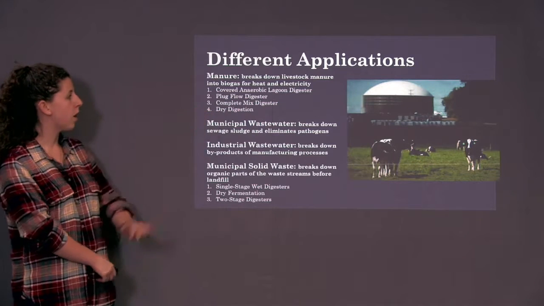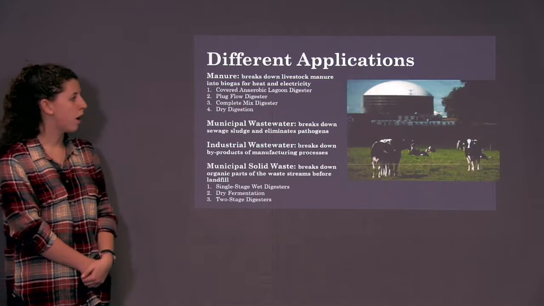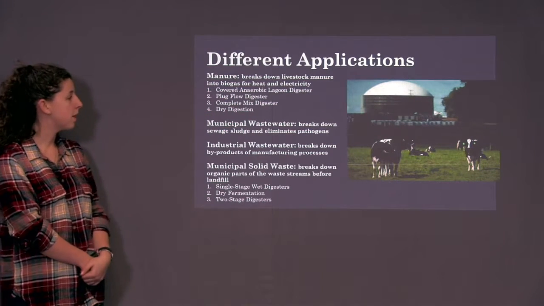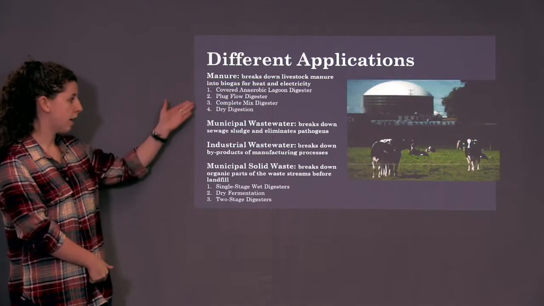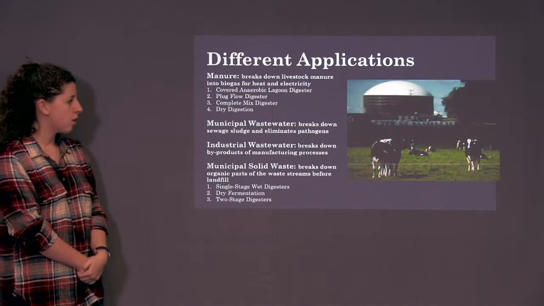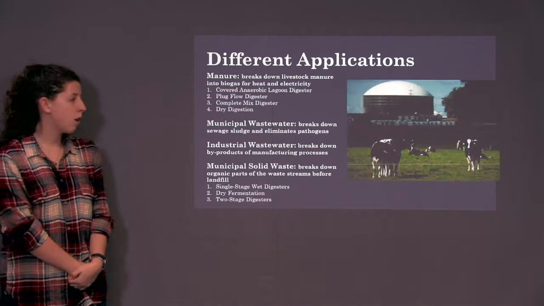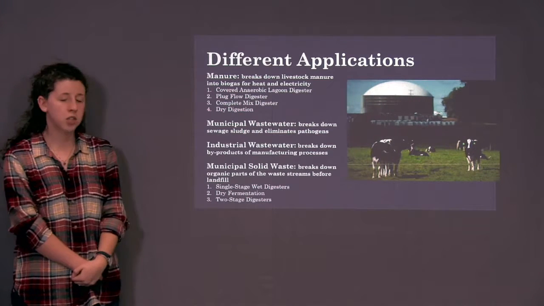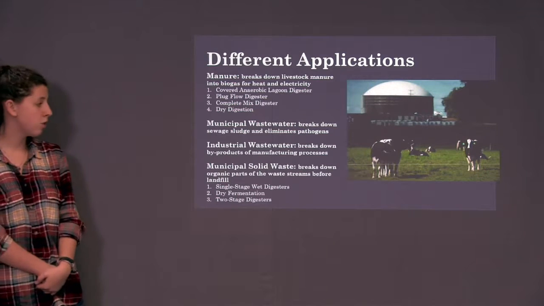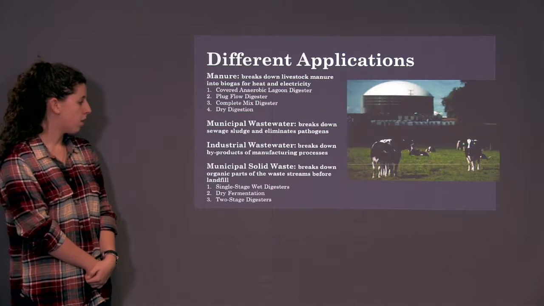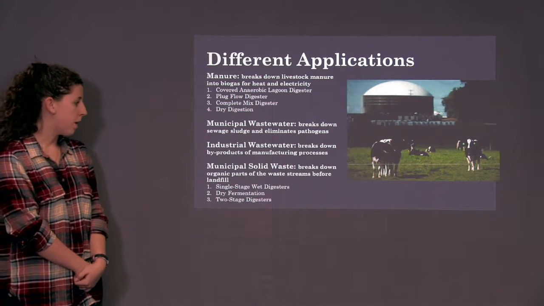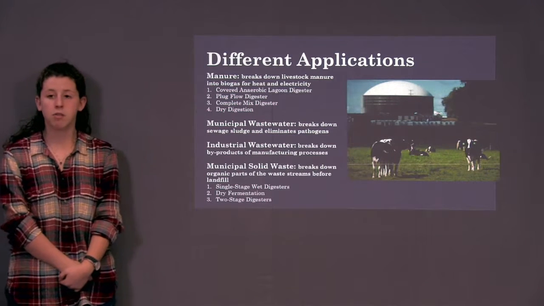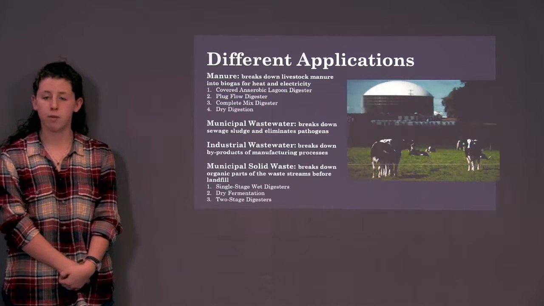The first one is for farms. It's a manure anaerobic digester, which basically breaks down livestock manure into biogas for heat and electricity. There are 4 types, which are listed here. Additionally, there's municipal wastewater anaerobic digesters, which break down sewage sludge and eliminate pathogens. There are also industrial wastewater anaerobic digesters, which break down byproducts of manufacturing processes for food or soda or water, different types of